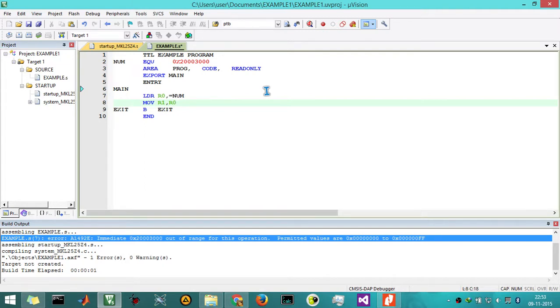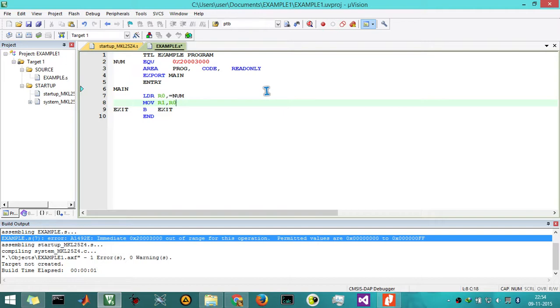With the help of this equal directive, we are going to load some 32-bit data into a register directly. In case of ARM Cortex M3 or M4 processors, there is a provision to directly address some 16-bit data immediately. Up to 16-bit data they can directly address into a register, whereas the upper 16-bit data is to be sent by some other instruction called MOVT.